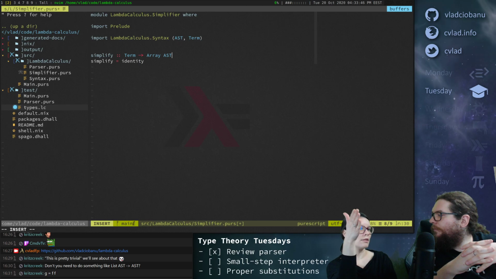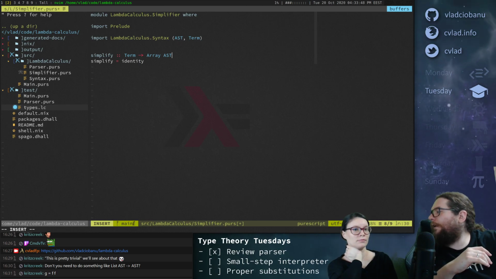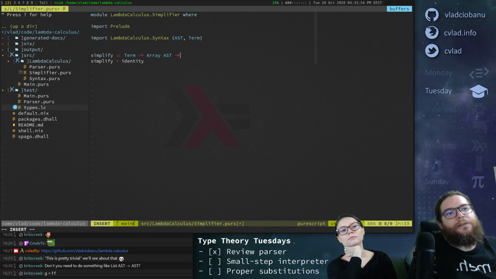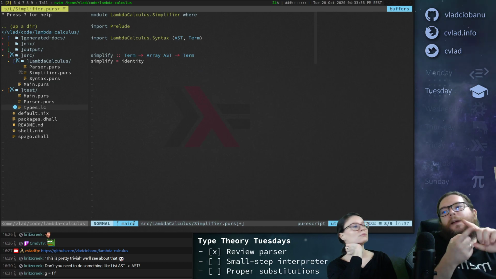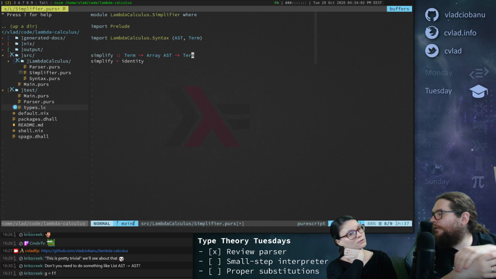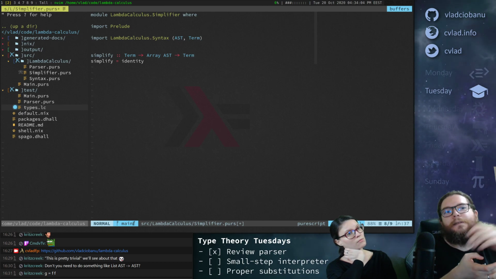Okay, like you had the example with... Yeah, so now we need f and all the other things, right? And this is kind of the environment you're working in, right? The array AST. And then the result should also be a term, right? Because you're simplifying a single term, but you need to know its context, right? The rest of the module, which is the list of AST.